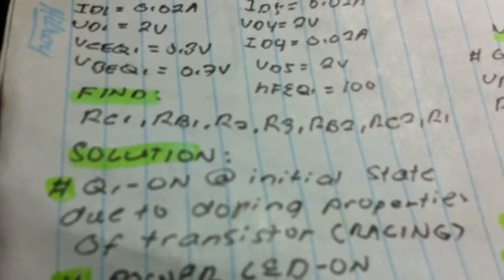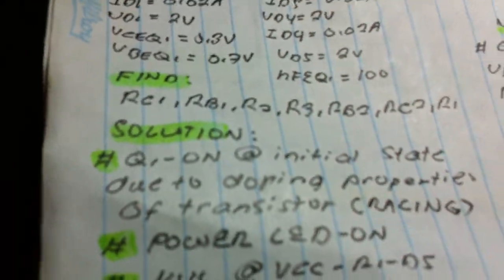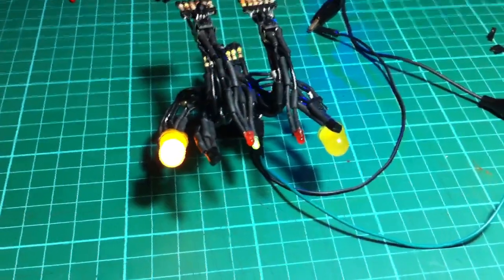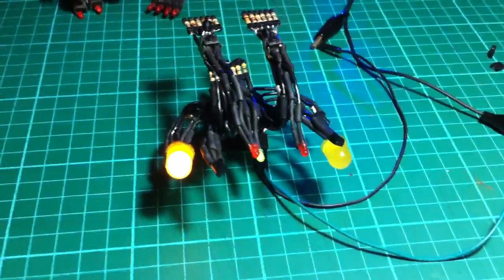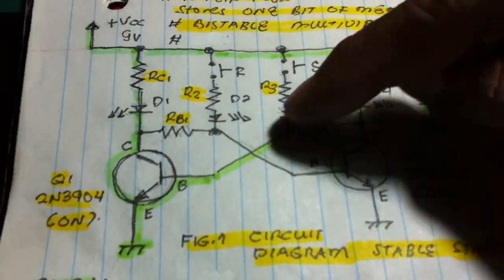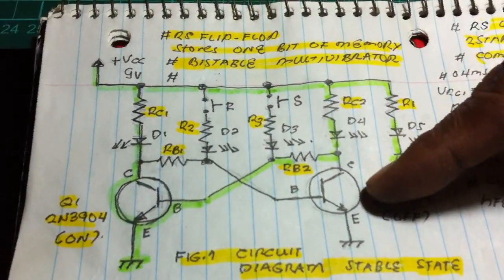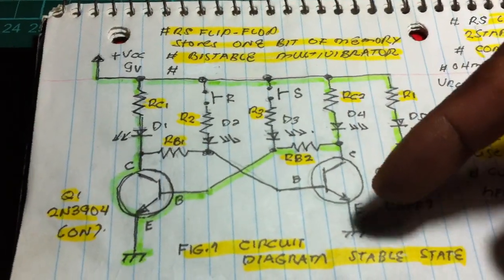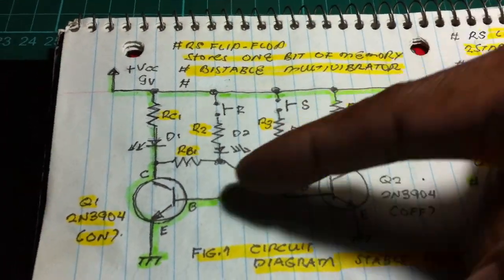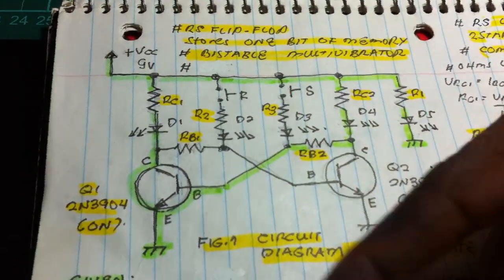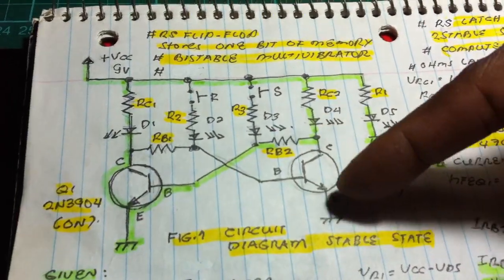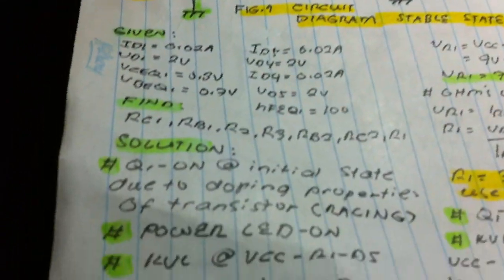So Q1 is on at the initial state due to the doping properties of the transistor. That is the initial state once you power on the circuit. Due to the doping characteristics of the transistor, one transistor is on and the other one is off. In theory, both should be on, but in the real world, due to the different doping characteristics of the transistor, one is on and the other is off. So let us now